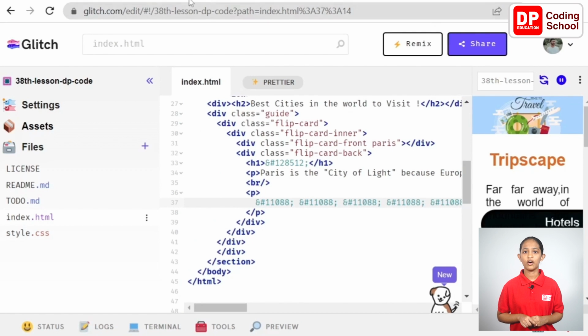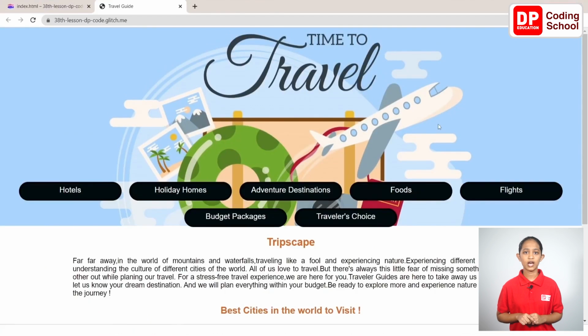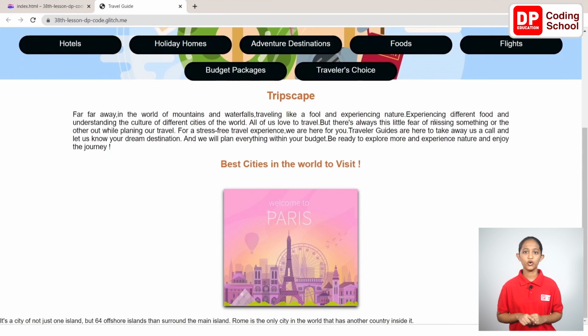Let's see the output of this now. Let's click the refresh icon in the preview window that we opened earlier. Even though the card we entered is displayed, it still does not flip when the cursor is moved to the cards. After adding 2 other cards, let's make the style that needs to be flipped when the cursor is moved